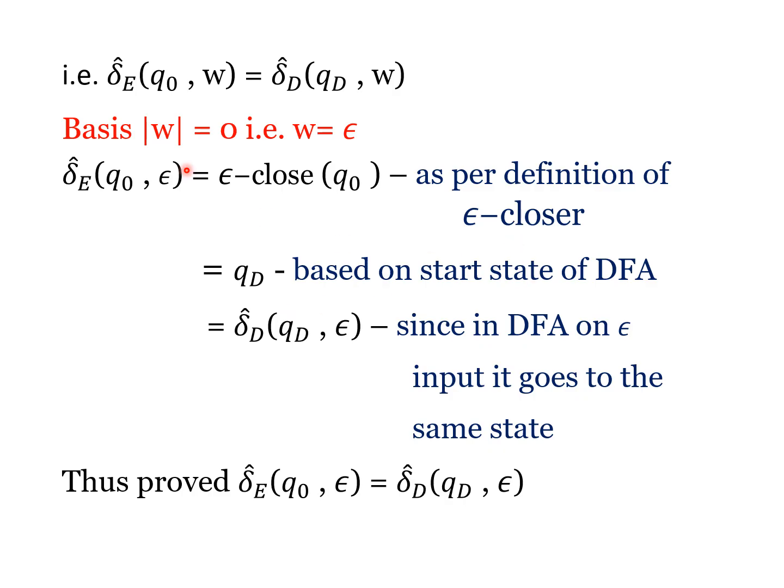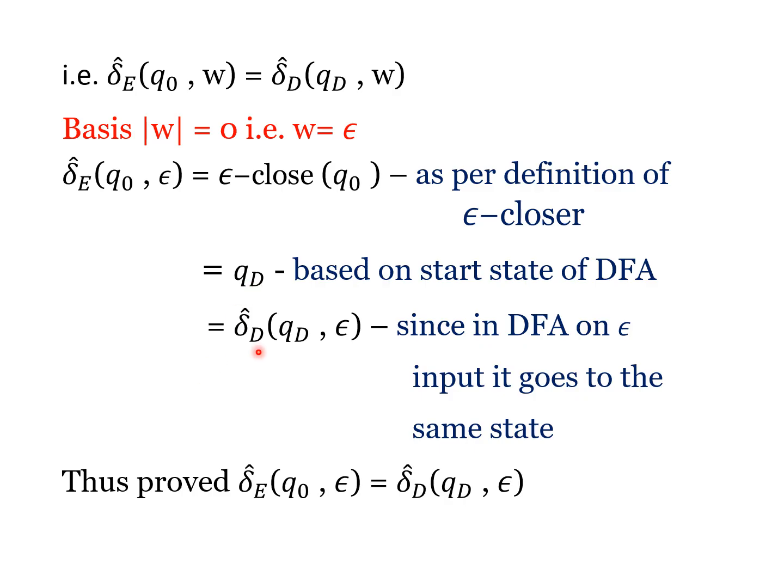Since we have taken W as epsilon, NFA transitions on epsilon from Q0 give you the epsilon closure of Q0, which is nothing but the start state QD of the DFA. We obtained the start state of the DFA by taking the epsilon closure of the start state of the epsilon NFA. So it is equal to QD,